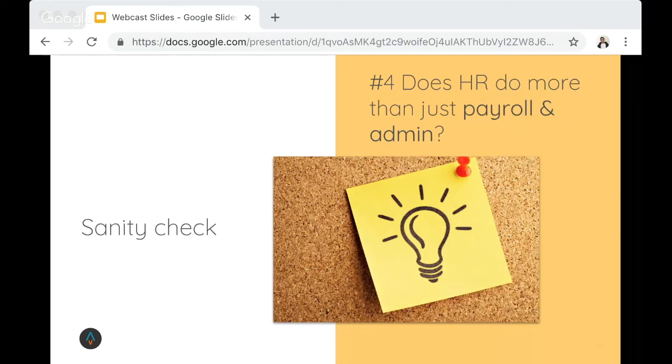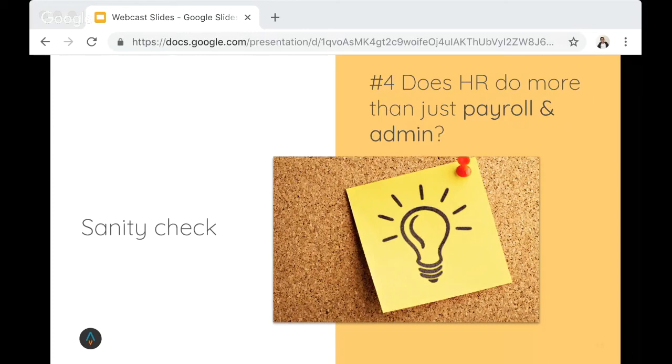There are a lot of other elements of talent management and learning and development that could be invested in. Maybe getting the right people within HR to pay attention to these areas would be the starting point. But before that, if you foresee that HR within your company is going to continue running payroll and admin only for the foreseeable future, then maybe you're not ready, or it's not the right time for your company to be running pulse surveys. So those 4 areas,